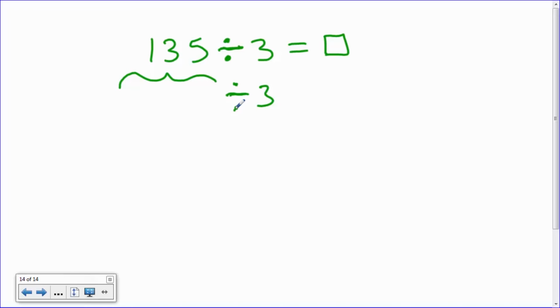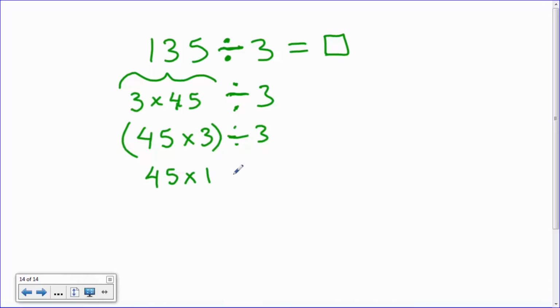even a 3. Well, it turns out that this is, I think, 3 times 45, I think. Okay, now remember, I'm illustrating this. So if I take 135 and it turns out that I can write it as 3 times 45, and let's say a quick check says 3 times 40 is 120 and 15 more is 135, that's correct. So in this problem, what I can do is switch the order and write this as 45 times 3, then divide by 3. And because 3 goes into 3 1 times, this is really 45 times 1, and so the answer is 45. So when I divide 135 by 3,